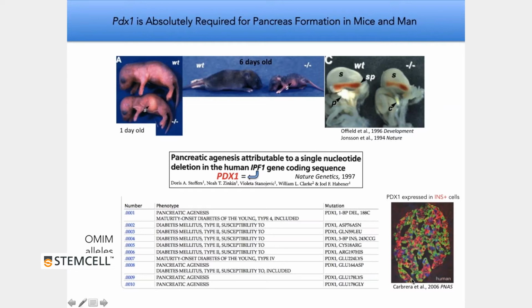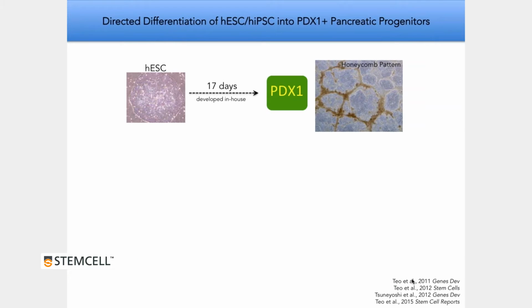So loss of PDX1 also impacts islet homeostasis. And the role of PDX1 both in the embryo and in the adult really intrigued my lab and me, because PDX1, although quite famous, its transcriptional targets had not yet been fully identified or fully understood. So we chose to grapple with this question by performing directed differentiation in vitro with human embryonic stem cells into